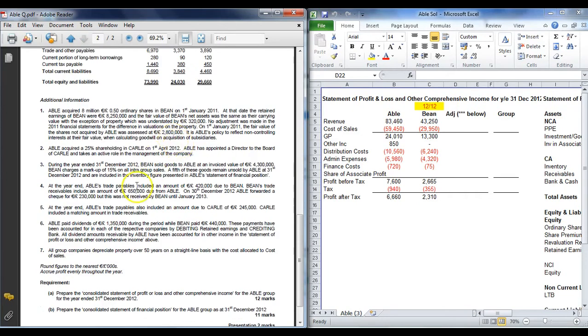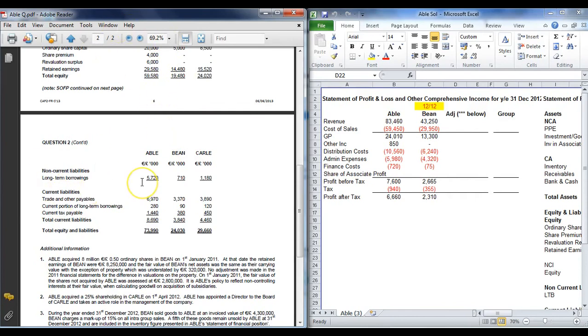And this is one of the main reasons, note 7, why I tell students to read all the notes first. You're told the depreciation policy for the year. That's relevant for note 1, because where you have a fair value adjustment, you need to depreciate as well. So again, that should only take 2 or 3 minutes, but it's good to read the requirements, have a quick